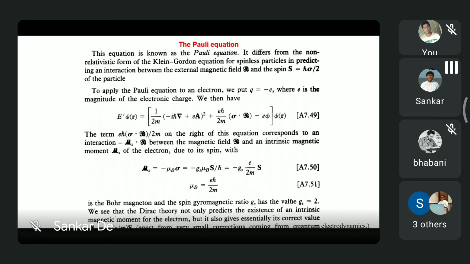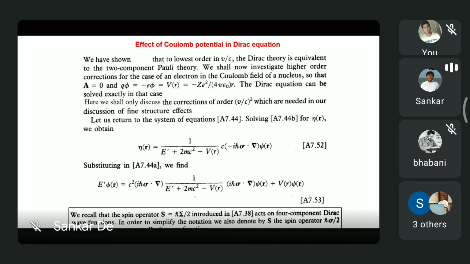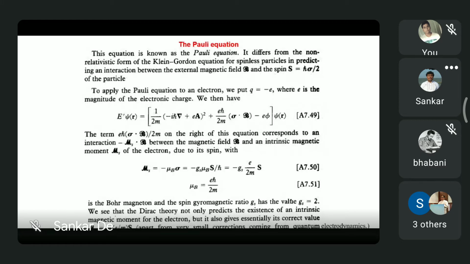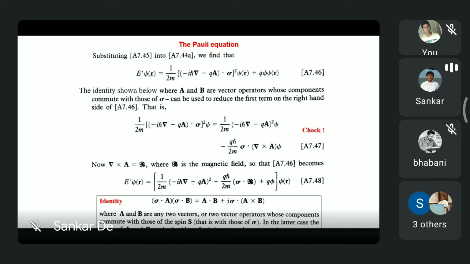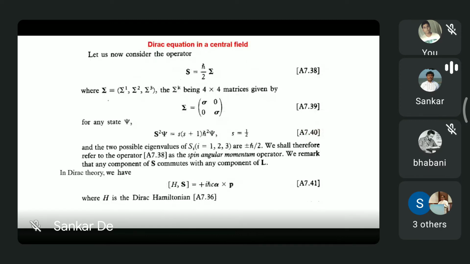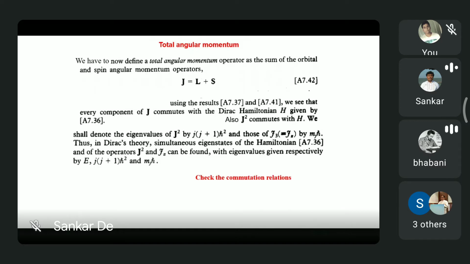So here there is actually a disclaimer. You probably have read that there are two things we have defined. When we are defining the Dirac equation, with four components, we define the spin as, this is just a nomenclature, so here in the Dirac equation it's a 4 by 4 matrix. We define S equal to h-bar by 2 into capital sigma. Capital sigma has three components, and it's a 4 by 4 matrix. So this is the 4 by 4 matrix form for the Dirac equation, where we have the spin as a 4 component.